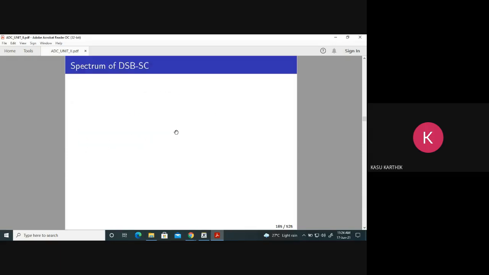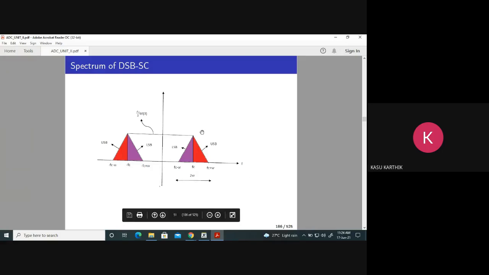So these are some things which we'll discuss now. What about the spectrum? You take the spectrum of the AM signal and just remove the carrier component. In the AM spectrum we had an impulse at fc like this, and here also we had an impulse. Just remove those two impulses. And there is no K also. You are okay with this spectrum of DSBSC. What about the bandwidth? It remains the same: 2W, twice the bandwidth of the message signal. Upper sideband, lower sideband. That's it.